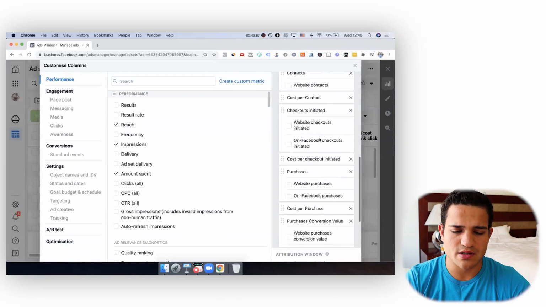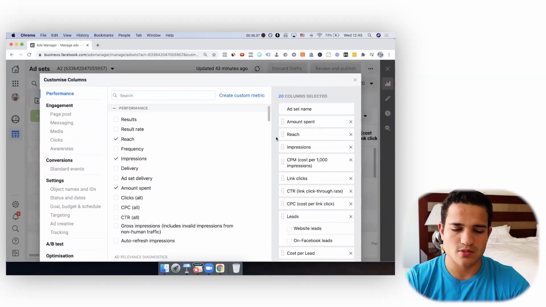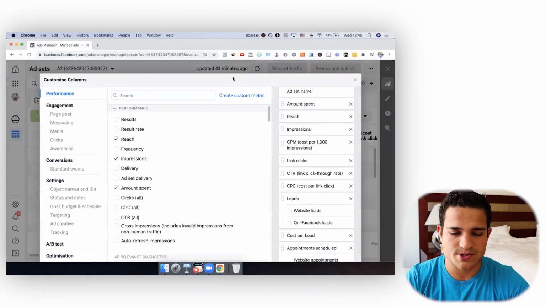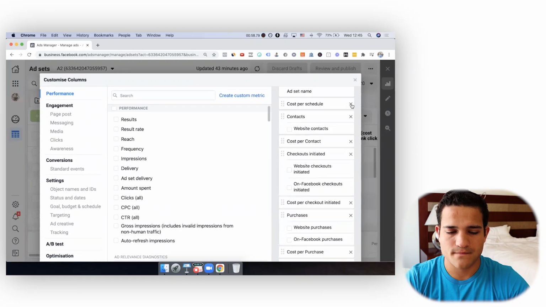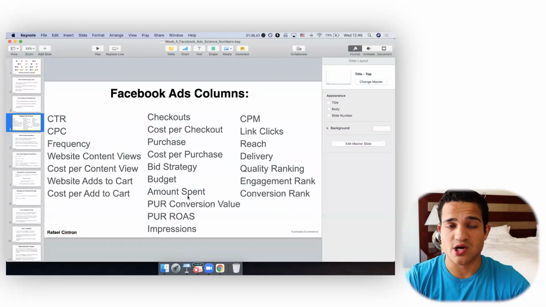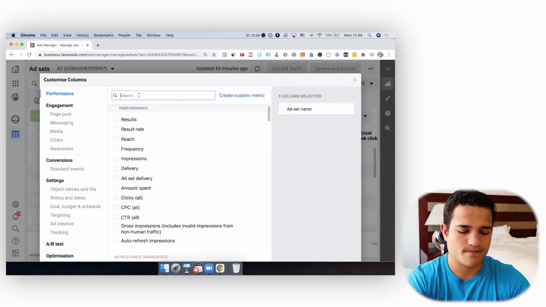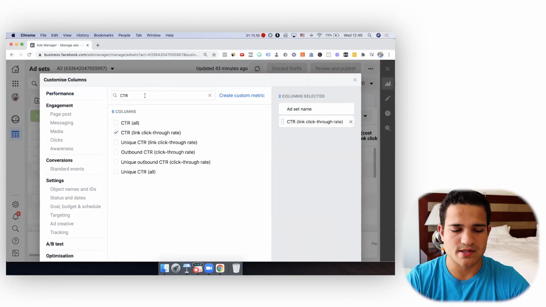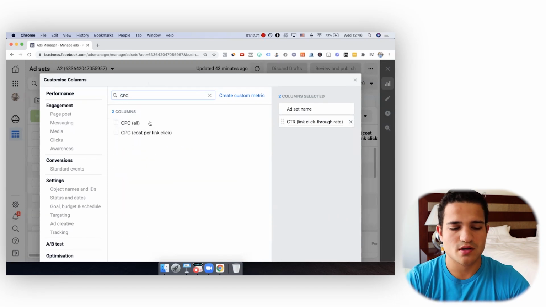And usually there will be, depending on what you're targeting, what you are running, and maybe the configuration or your country, you're gonna have maybe many different columns. And the ones that matter are the ones that I just talked about. So what you can do, click customize columns and take all of this out here on the right-hand side and make sure that you are using the ones that I'm talking about. So CTR, CPC, and what you can do is click CTR and then find it here. Always check the link click-through rate, CTR, CPC, cost per link click,